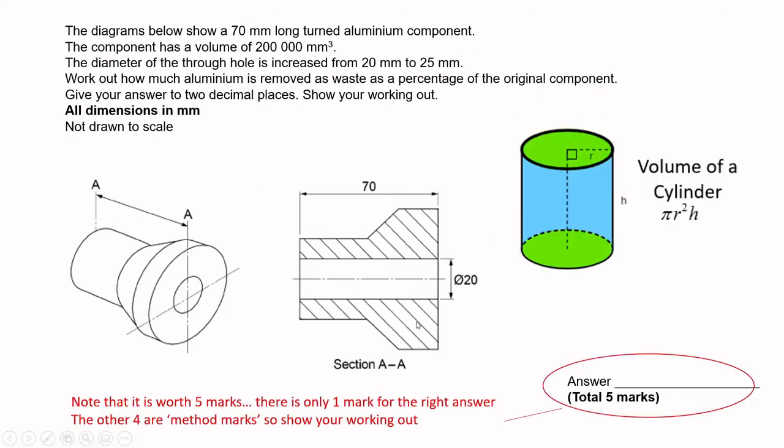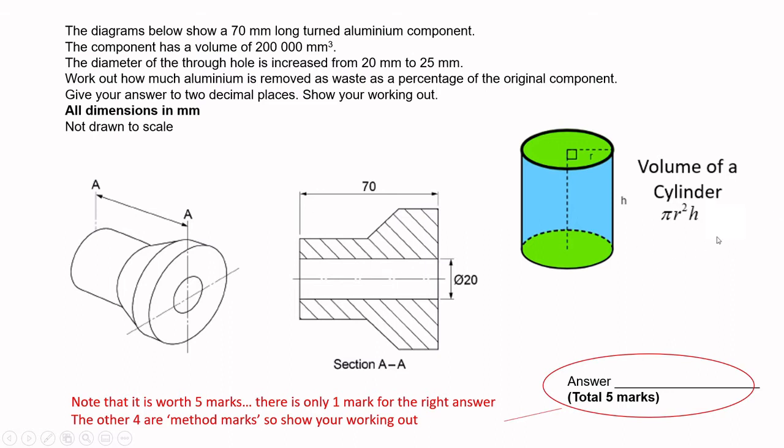So in terms of the question itself, it's 5 marks total. You only get 1 mark for an answer. The other 4 marks are what's called method marks. That's where you show your workings out, but it does tell you at the top here to show your working out. So looking at that, the kind of maths we're going to need, essentially all we need is